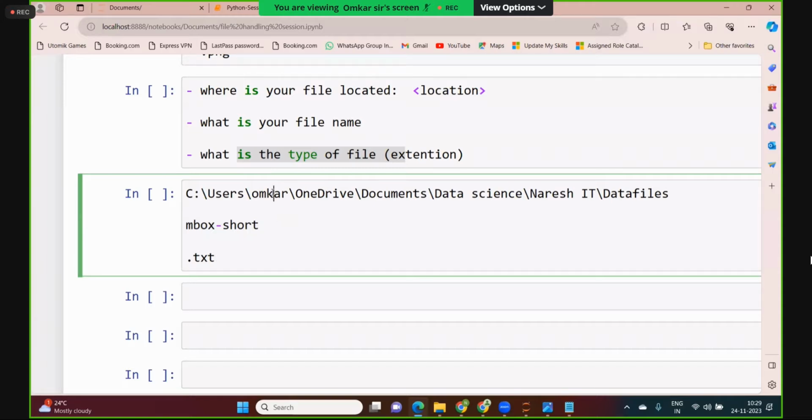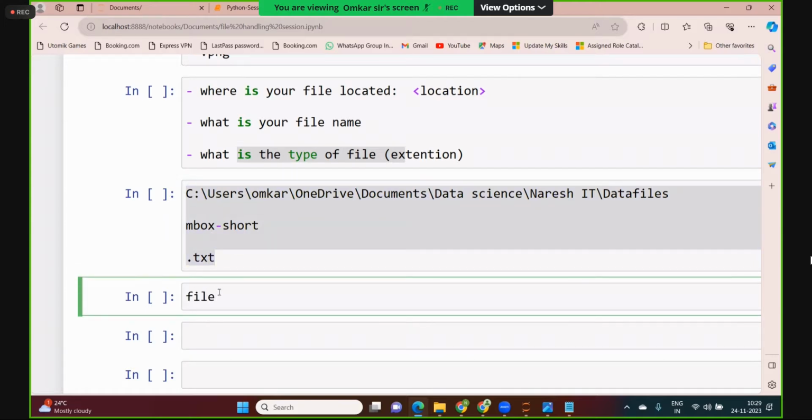The file location is easy to copy. This is your name, and this is your .txt. If you don't understand, ask me again. Now, next, you need to combine all these three. Before you combine, write here file location